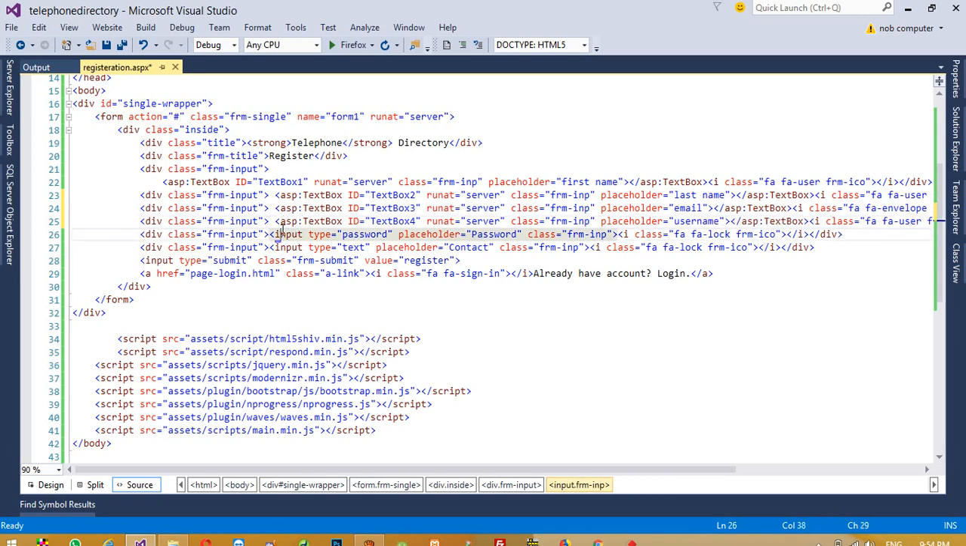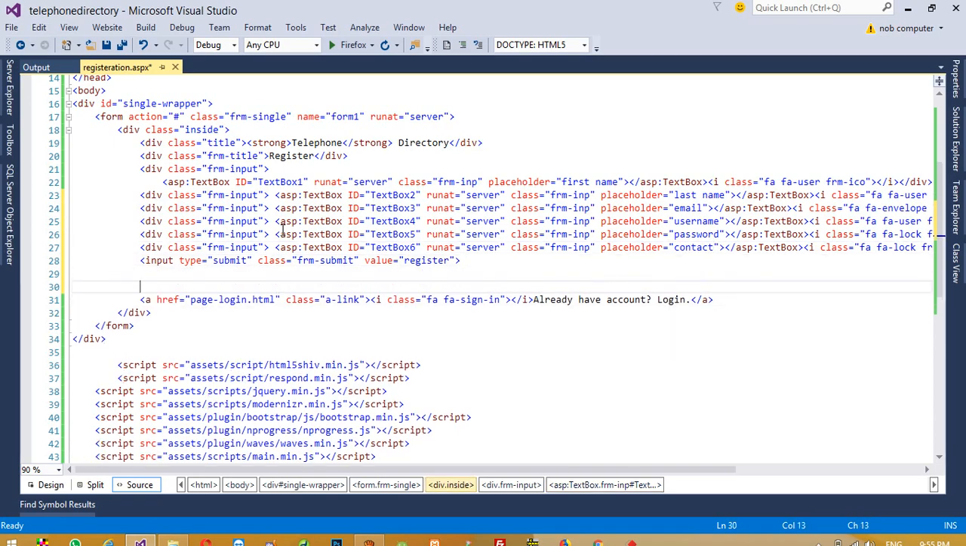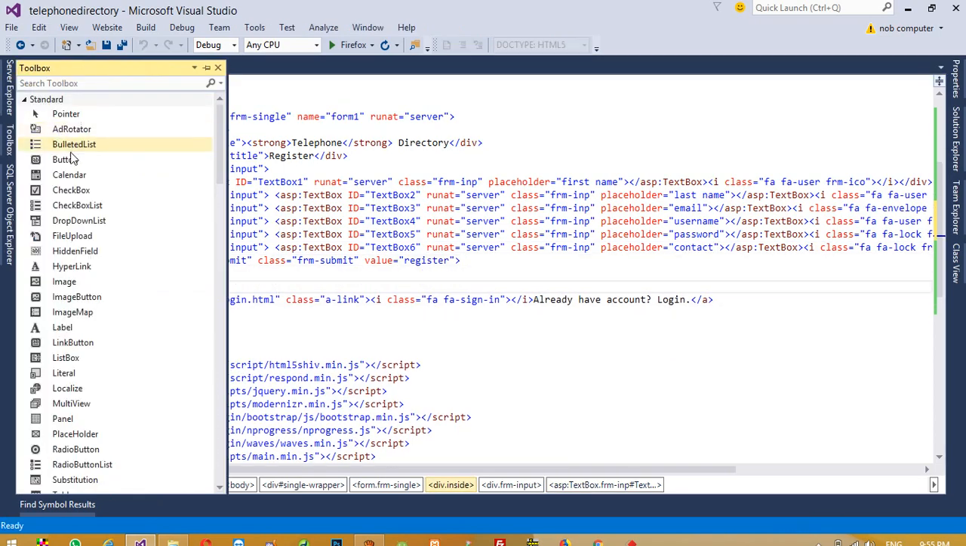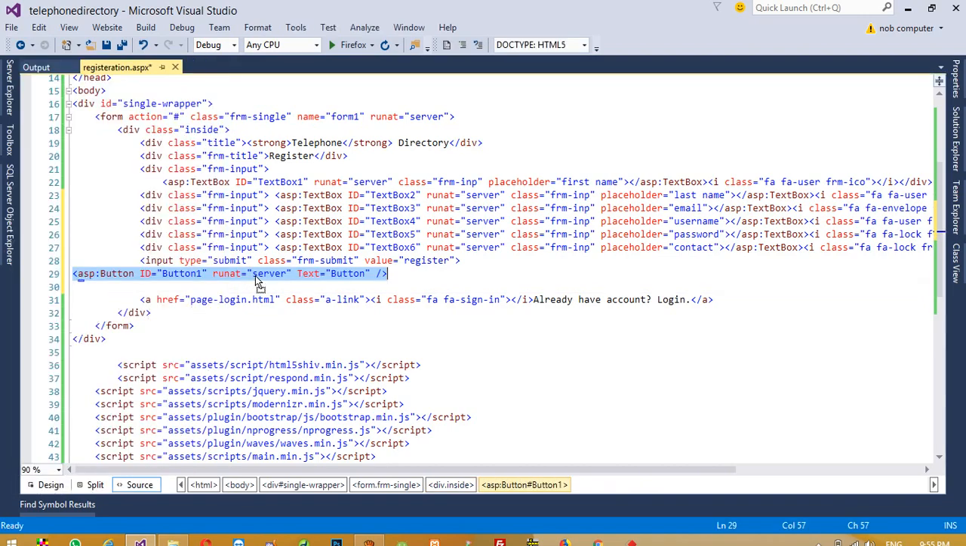Username. Now here for password, just copy and paste password, and here we need to do contact. So here also we need to do copy and paste, and here I am going to say it, yeah, contact. And now here we need to take ASP.NET button, so I am going to take here button, and